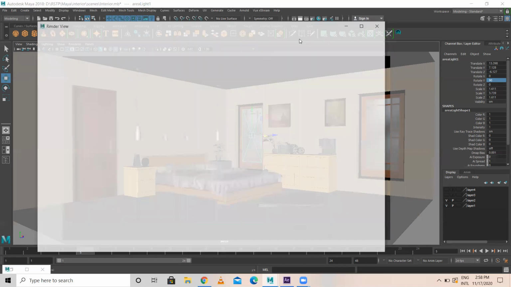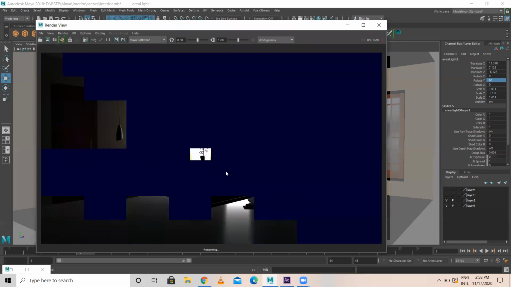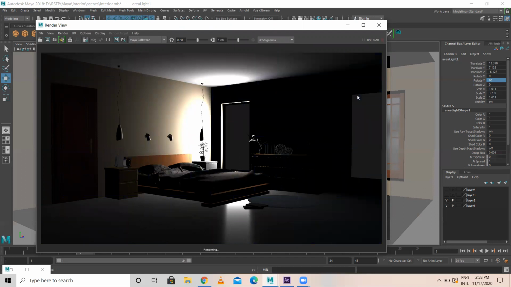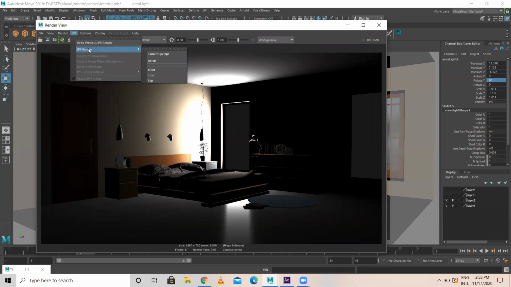So now if you take a render, it's kind of quick, and you're able to see an output like this. Now, see, there is a lot of bleach over here because the light intensity is really more. There is another option called IPR render.